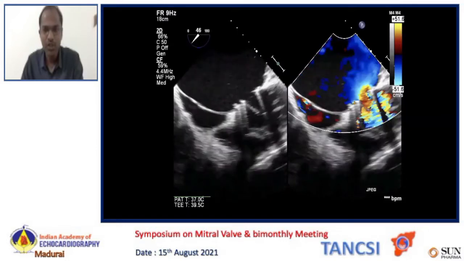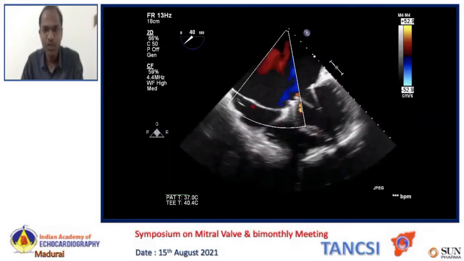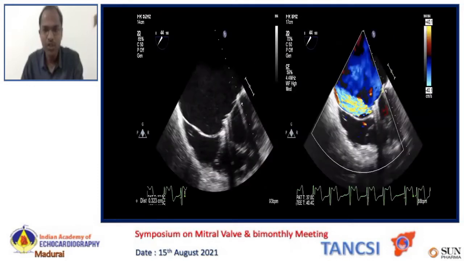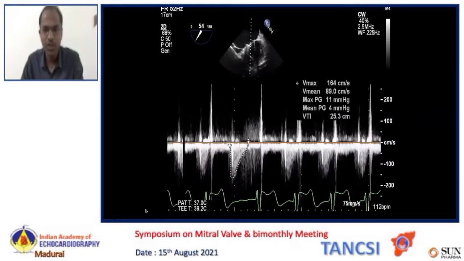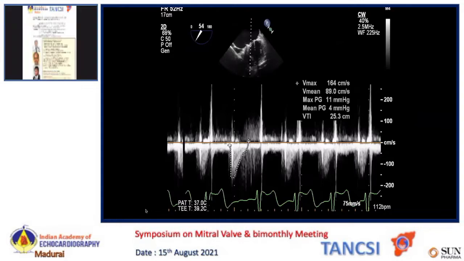Again, color Doppler bicommissural view, where you can see a severe MR jet. In 2D imaging, the measurement of the defect came as 3.2 millimeters. There is no gradient across the mitral valve. This 3D image was captured in the olden Philips IE33 echo machine, where there is the live